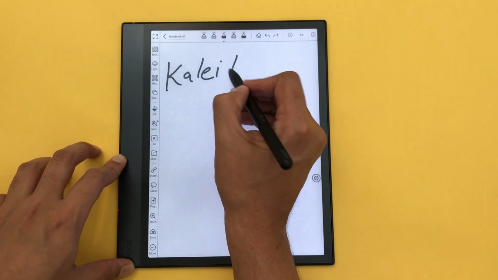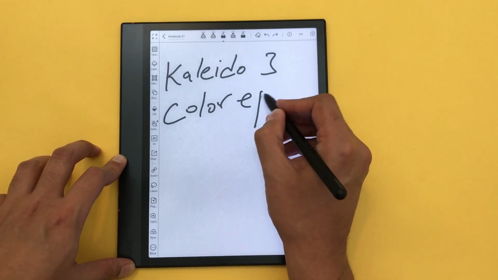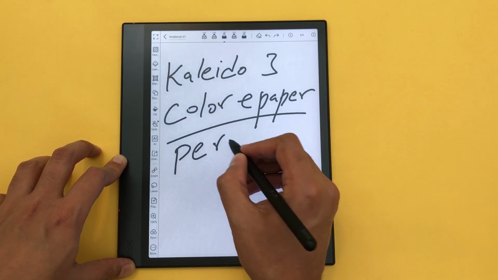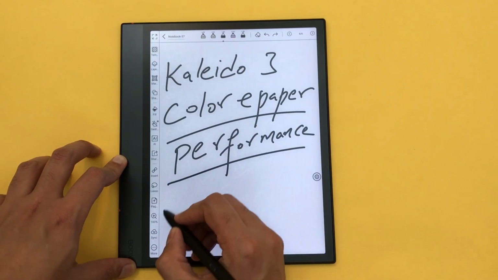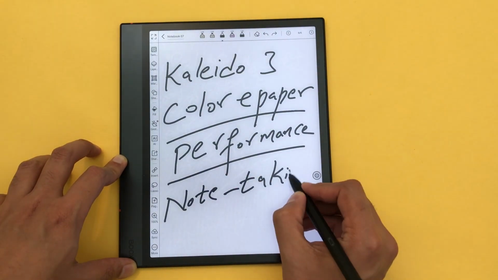With its Kaleido 3-color e-paper display, enhanced performance, and advanced note-taking features, Boox Note Air 4C offers a unique blend